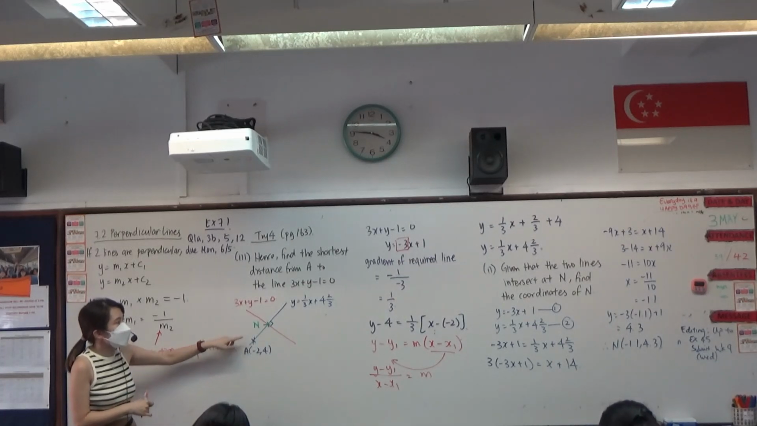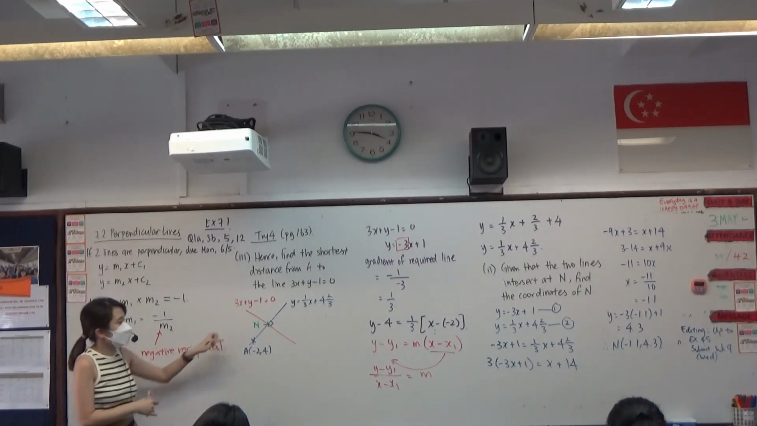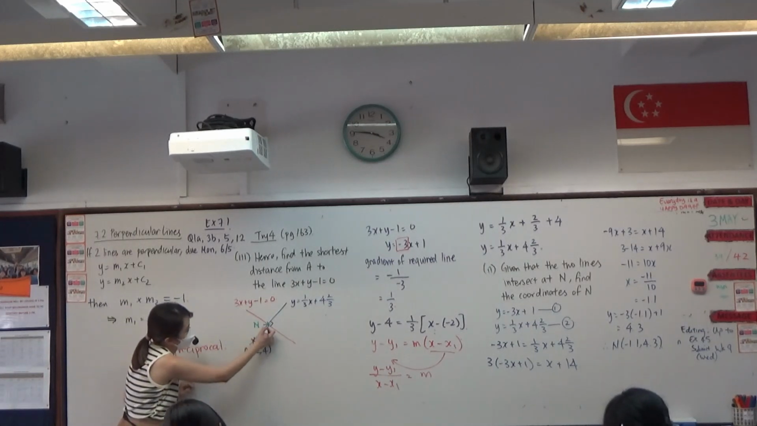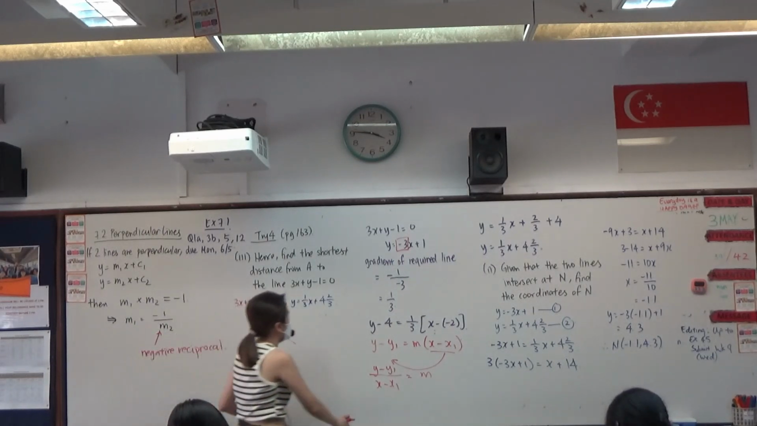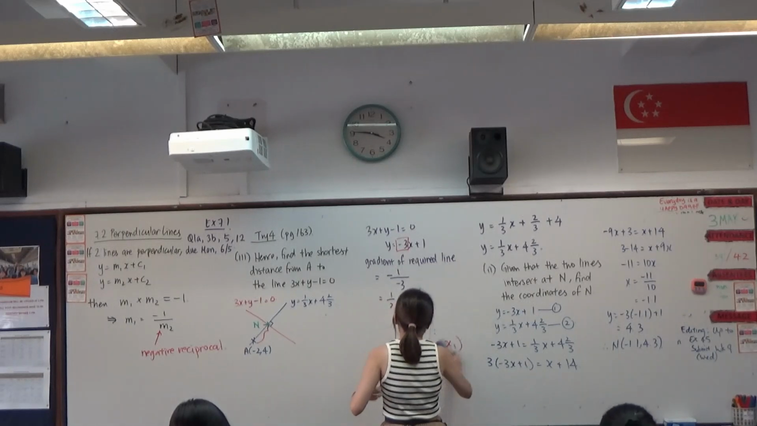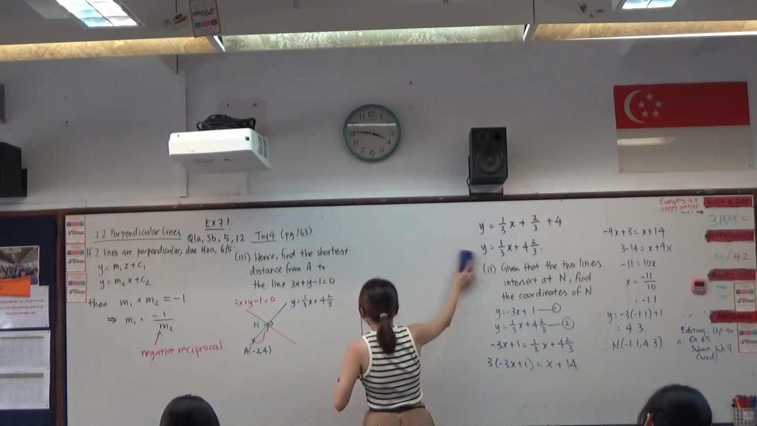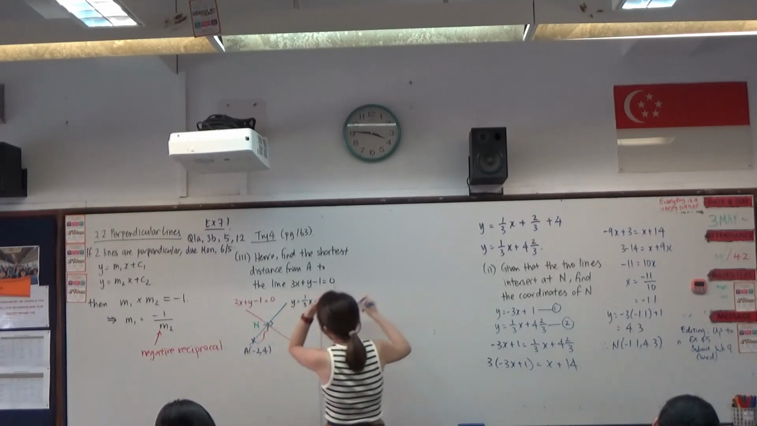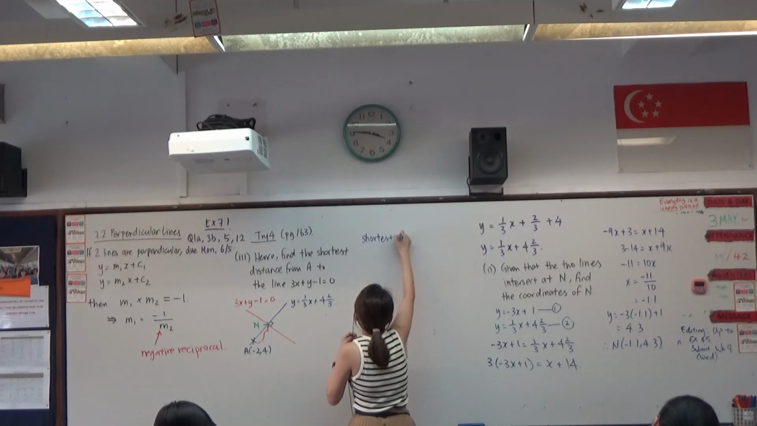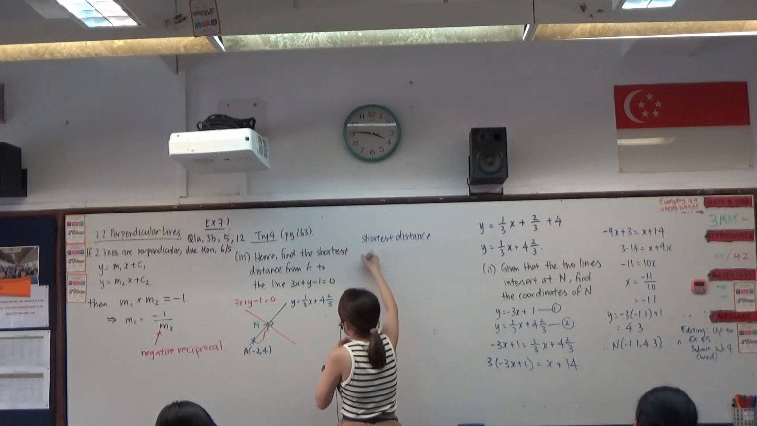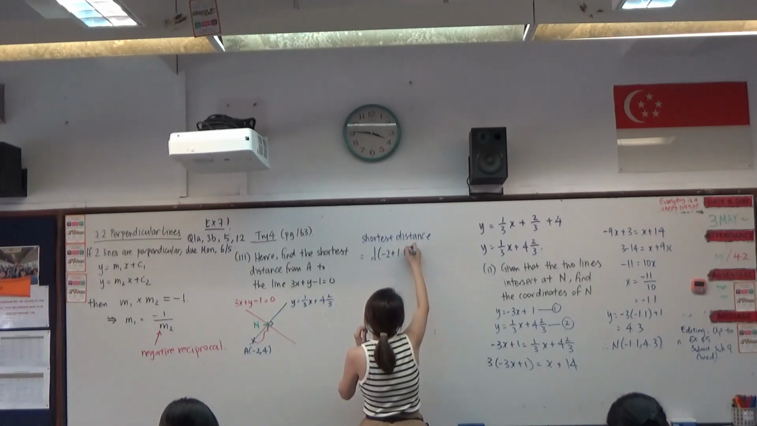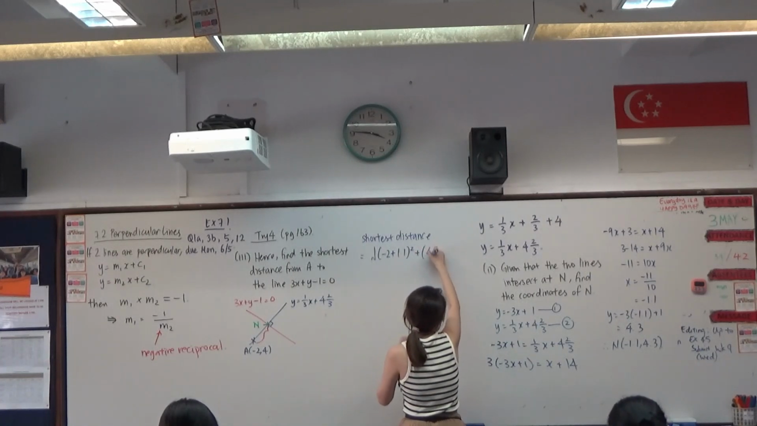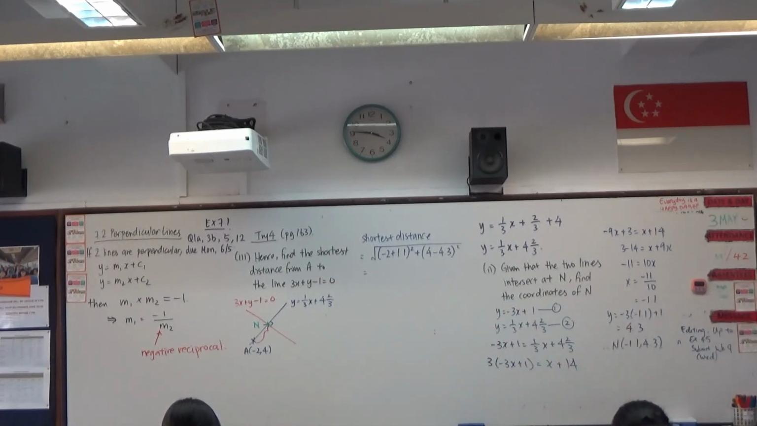The problem here is that because the lines are already perpendicular, the shortest distance will just be the length of A and N. So we just have to use the formula to find the length of the shortest distance from A to N. So your x coordinate difference, y coordinate difference, then you'll be able to get